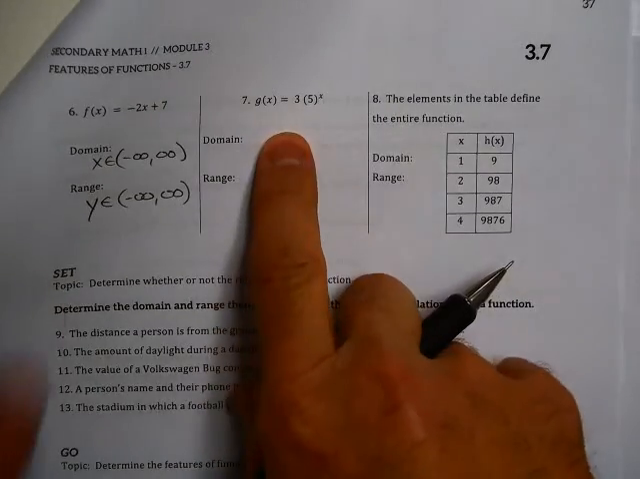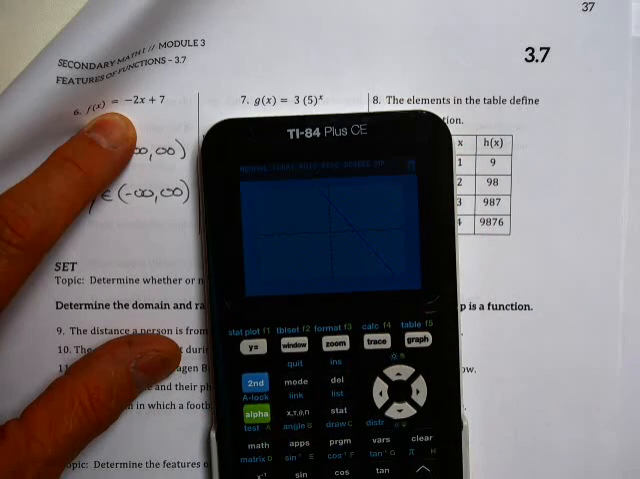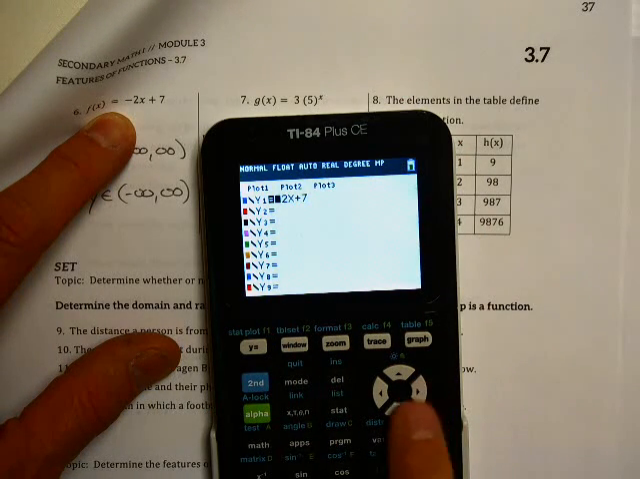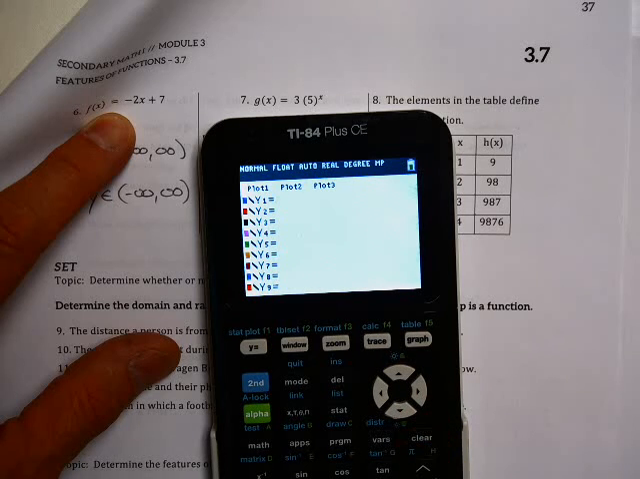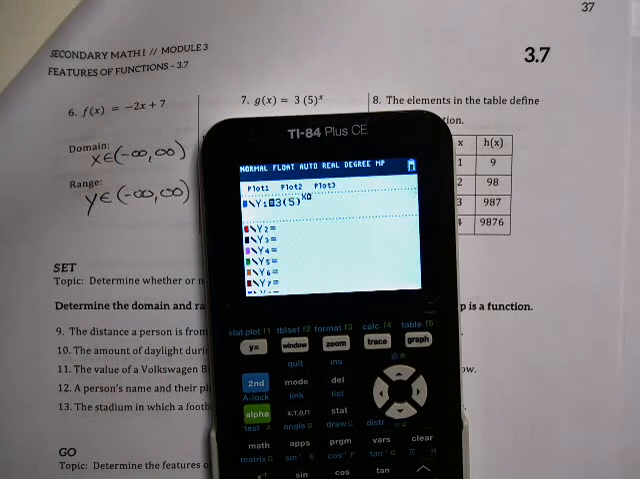So let's look at this one. I don't think this one's going to be quite so friendly. I'll go back to y equals, and I'm going to put in 3. And I better clear all that. I'm going to raise that to the x power. So you've got to use your up arrow and your x for that. And if I graph that,